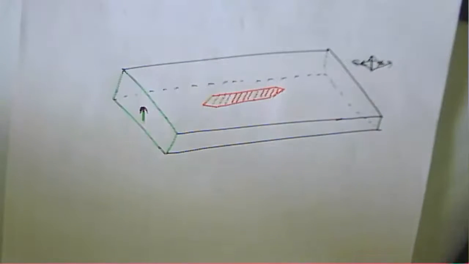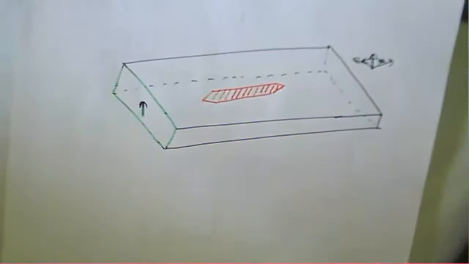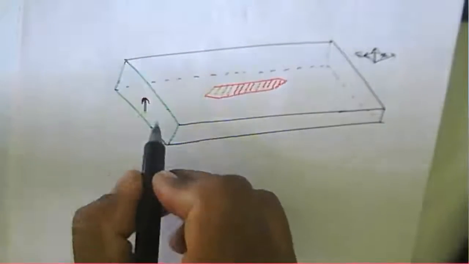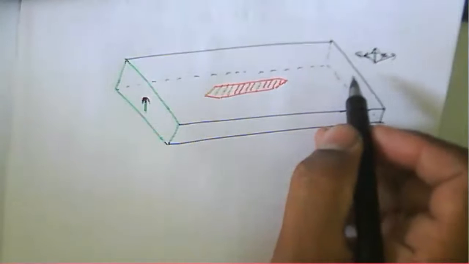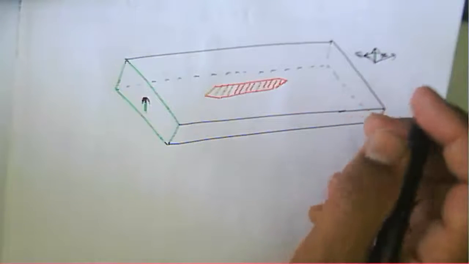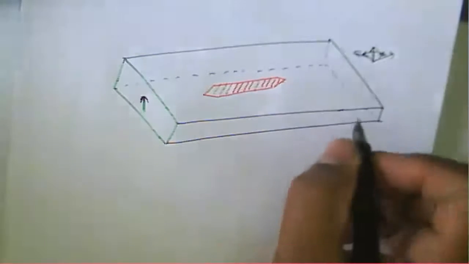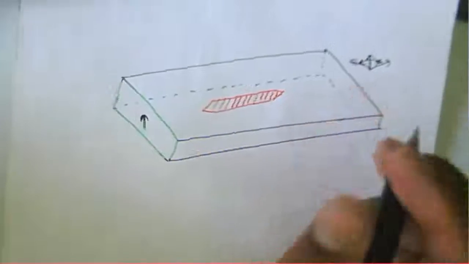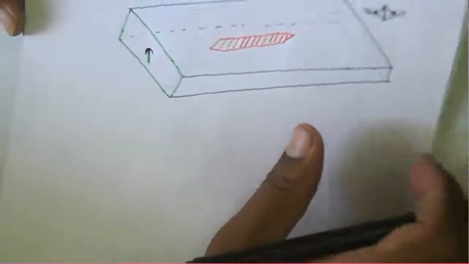Because of the applied bias, the magnetic field changes. A DC magnetic field is there, and due to that DC magnetic field, the signal propagating through that ferrite rod changes its polarization. Either it will be a left circular polarized wave or a right hand circular polarized wave. So we get a change in polarization because of that ferrite rod. That's why this is nothing but a phase shifter. So that is about your ferrite rod.